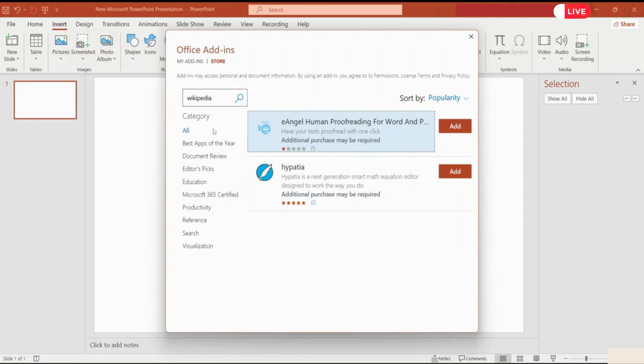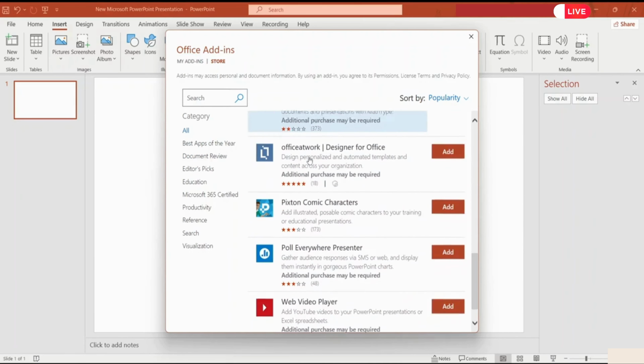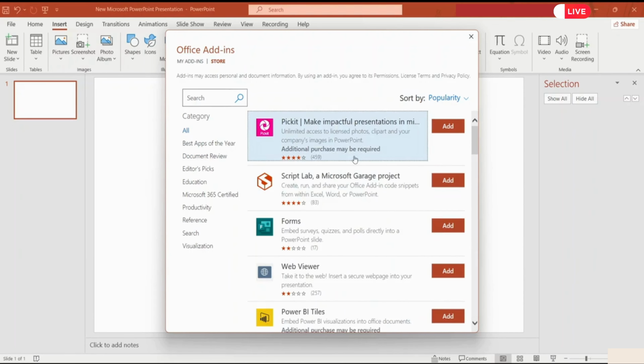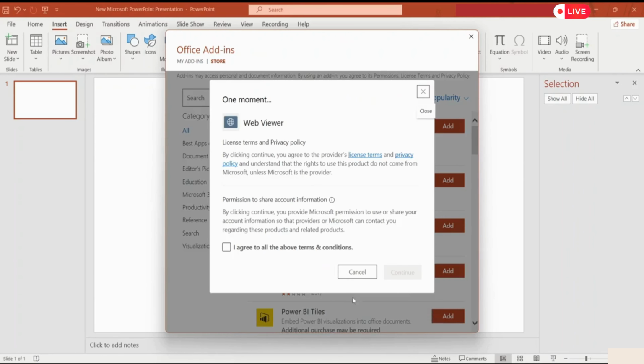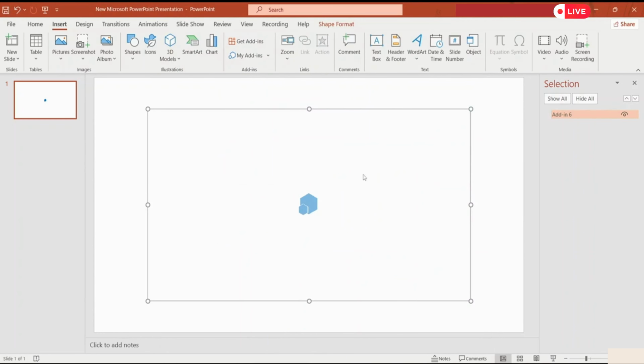You can see that there are a lot of these options. I'm going to click on category, or you can select the best apps of the year, document reviews, all of those. I'm going to go back, click on all, and it will show me a lot of these options. Let's say I want forms or web viewer. I'm going to click on add, click on agree and continue, and you will see that the add-in will appear directly